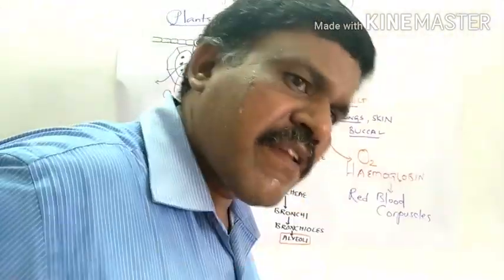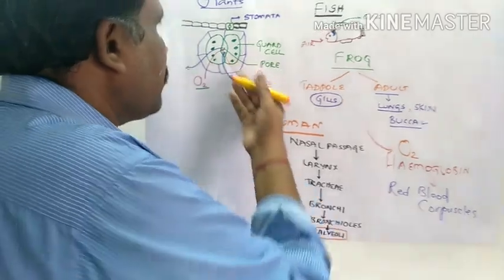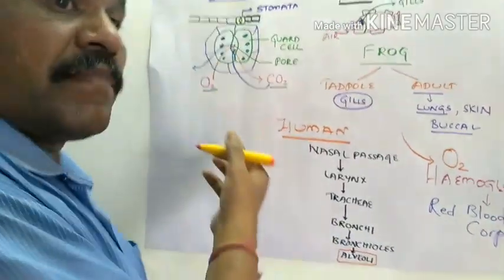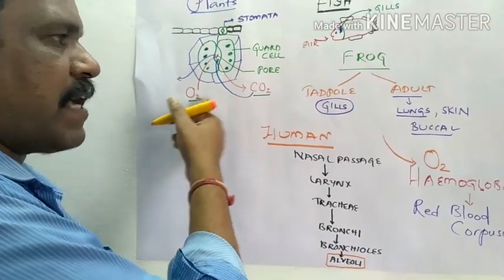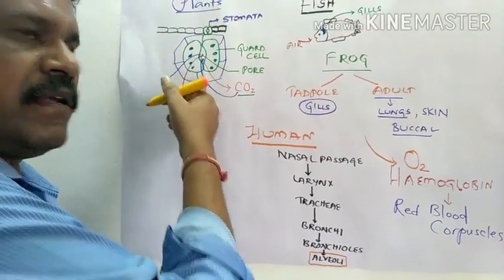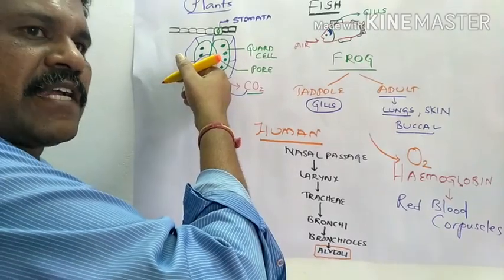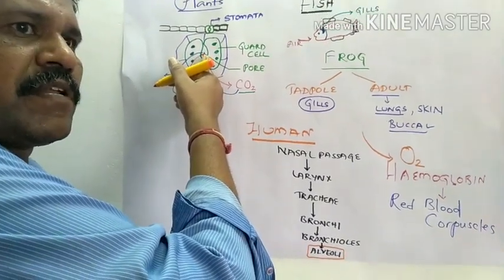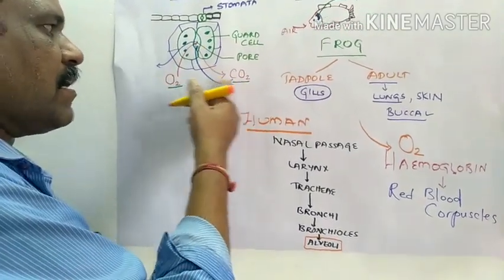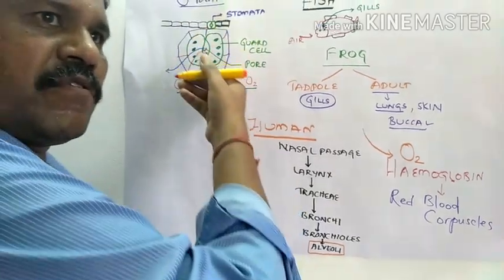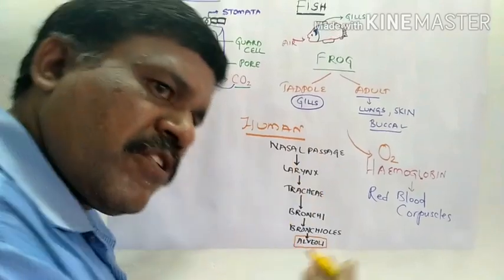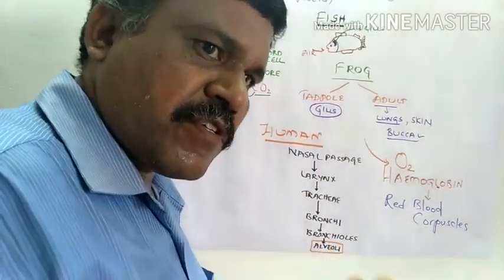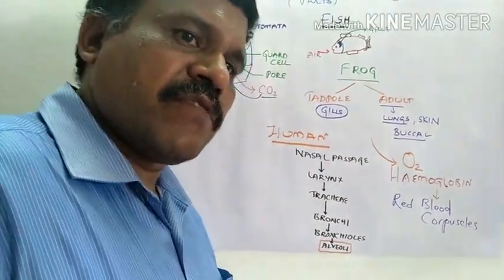Now, just a recap. In the case of plants, the stomata play a very important role. There we have the stomatal pore, and both the gases are transported through this stomatal pore, namely carbon dioxide and oxygen. Oxygen is taken in during respiration, and carbon dioxide is given out. Carbon dioxide is also used by the plants for the process of photosynthesis, and this usually occurs during the daytime.